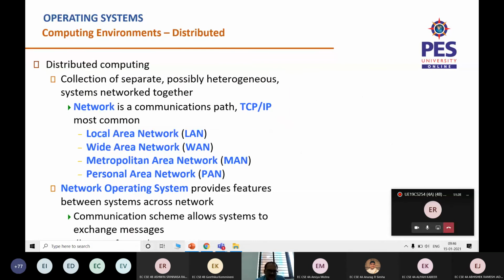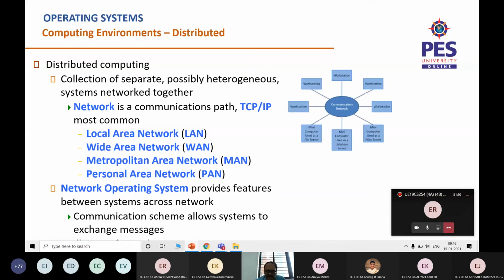The third one is a distributed environment wherein computers are connected with each other using a communication network. Optionally, there could be a server present, and for the end user, everything looks the same as one single computer. But basically, tasks are distributed across multiple systems.